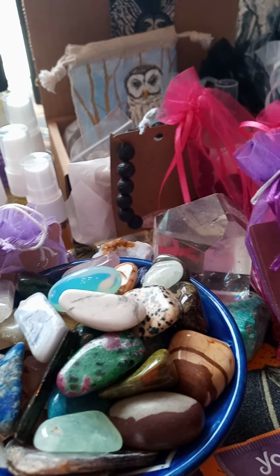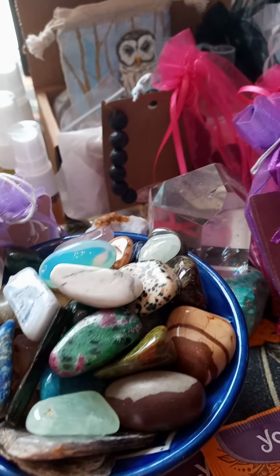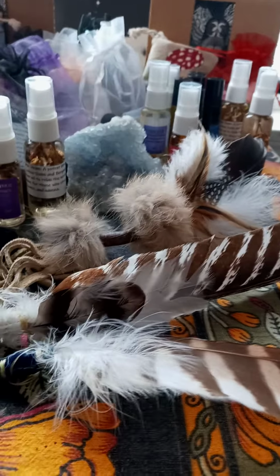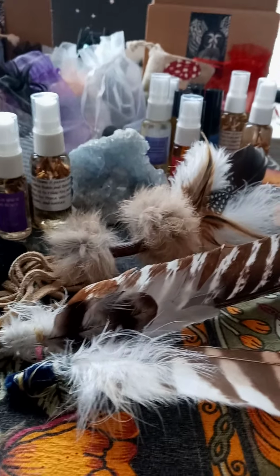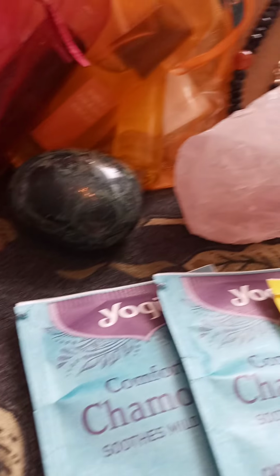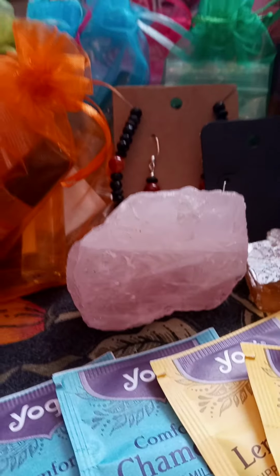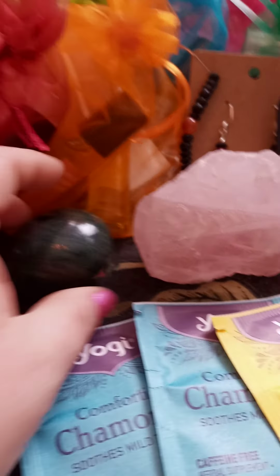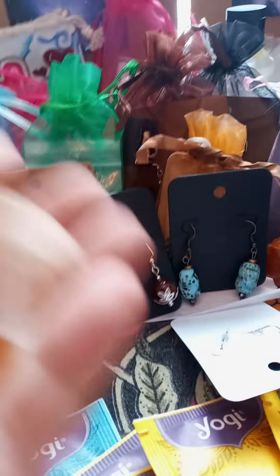And then again, the bigger you go, the more added things, more things I like to put in there. Like a 6 to 8 inch, you'll have dragon's blood in there, or a large chunk of clear quartz, something like that. More tools to work with, really. And if you want to personalize it, let's say somebody really loves rose quartz, you can throw a 2 inch chunk of rose quartz in there. If you want to work more with primordial energy, you may throw a chunk of stromatolite in there. If you're working more with your solar plexus, you may want some honey calcite, or